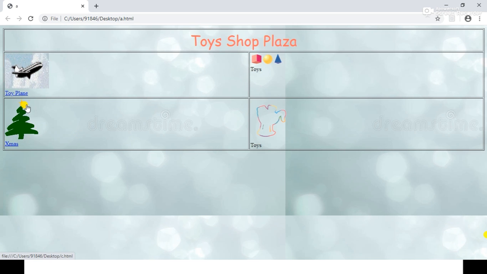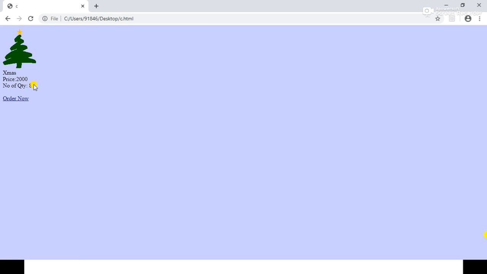Firstly we will click on the image, it navigates to the page C, that we have saved by the C name. Now if we want to order it, click on this Order. Now it will navigate to the page D, as we have created this table and the file name, page name is D. Now enter your fields. The text area contains this scroll bar when we enter it, contact number and selection list. Select any options and place the order, it navigates to the page with the successful message.